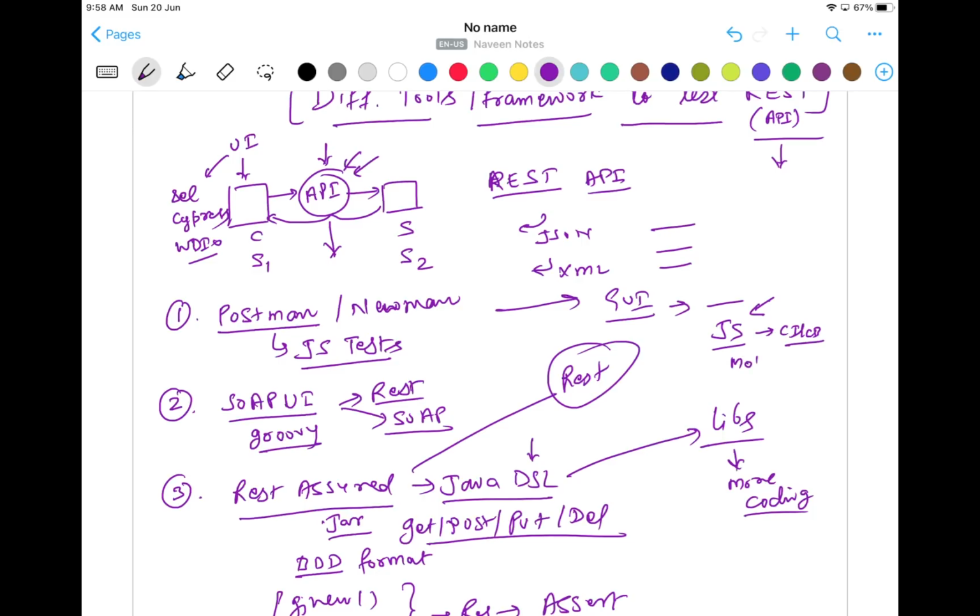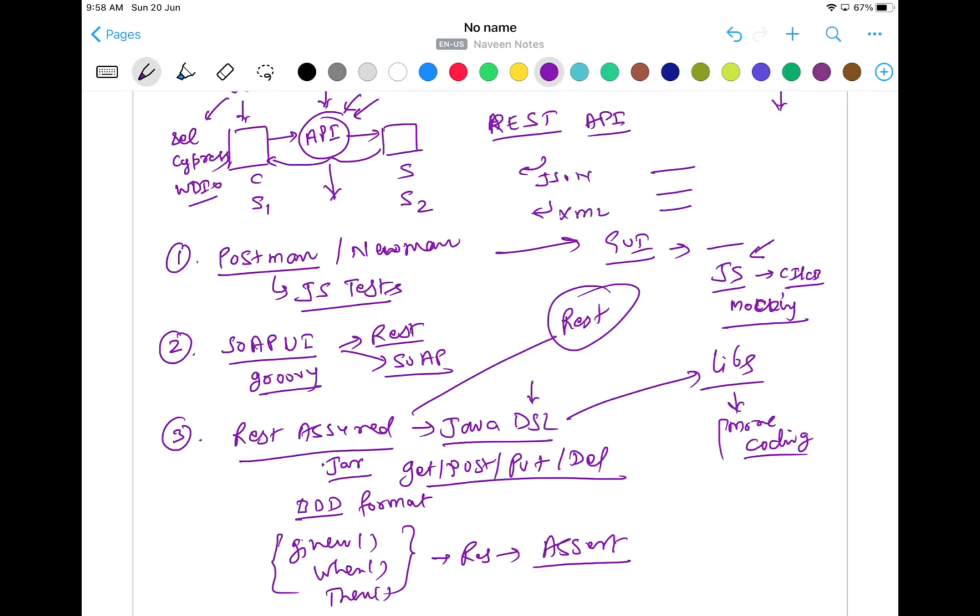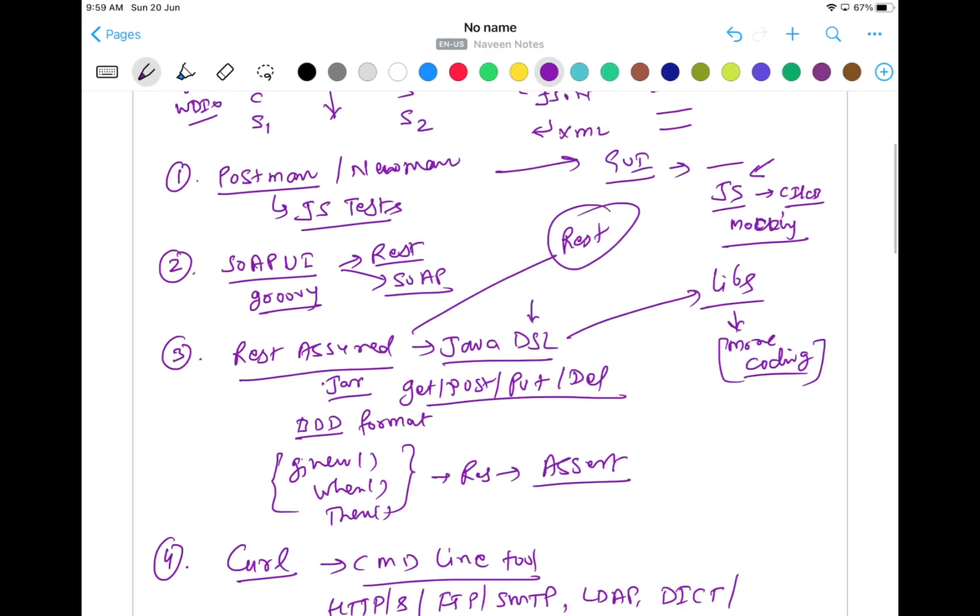You can do some mocking also, right? Mocking the services and everything, that you can do. But in REST Assured, you need proper coding expertise. You need to design the framework, create the libraries, a better data driven approach, better control and total freedom that you will be getting to integrate with some other tools, and better reporting you can integrate with respect to TestNG or JUnit and all. And remember, REST Assured is only and only for Java.